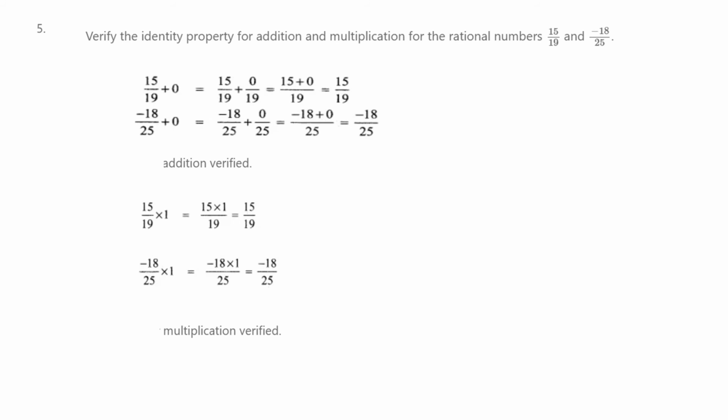Fifth one, verify the identity property for addition and identity property for multiplication for the rational numbers 15 by 19 and minus 18 by 25. What is the identity property for addition? That is 0. That means whatever the rational number, if we add with 0, we get the same number. So here you see 15 by 19 plus 0, we get 15 by 19 only. Minus 18 by 25 plus 0, we get minus 18 by 25 only. So addition property is